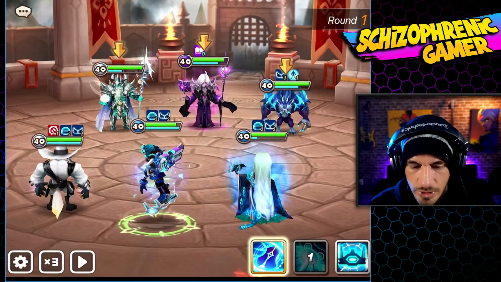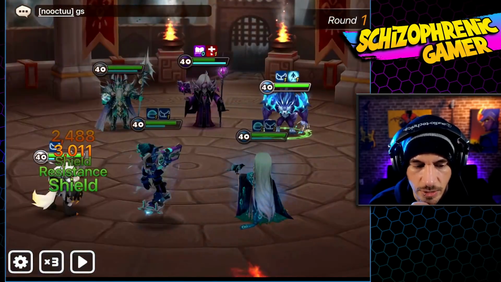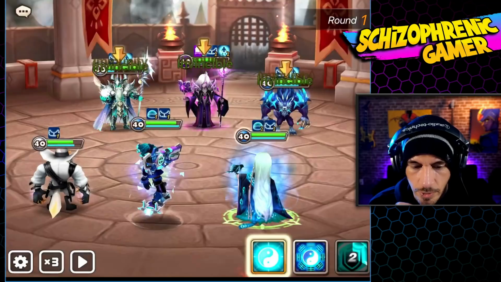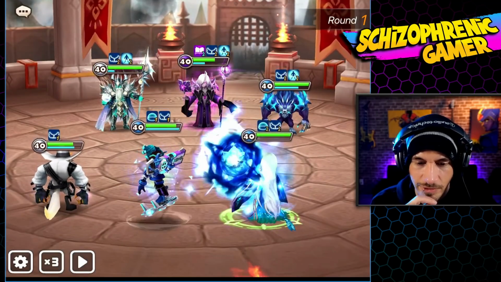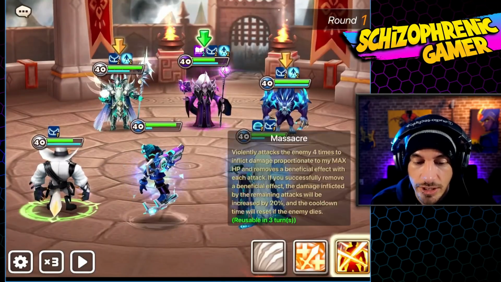So let's do one of these. We did get different RNG. We're not doing too much damage here, but he is on a Bruiser build, right? Let's try him against some... Hey, there we go. Okay, let's see if we can find some access to... Oh, we already have spin grab shot again. Okay. Well, it didn't really do anything, but...